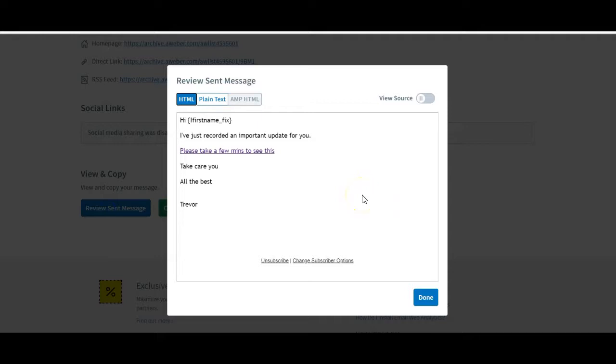So, right, now this again, you can see a very short email, and it's just doing one thing. All right, important update, subject line, I want you to open this. Then the first line, I've just recorded an important update for you. Please take a few mins to see this. Mins I've shortened, not minutes, because that would go into promotions. And I've not said check this out, take a look now. I've tried to word it in a way that it says the same thing but differently, again, to get it